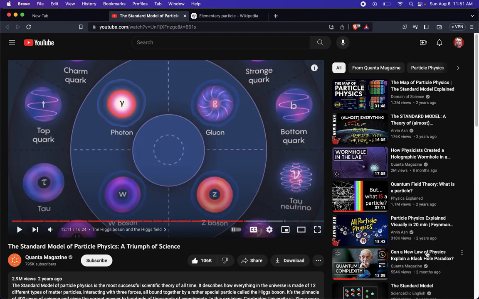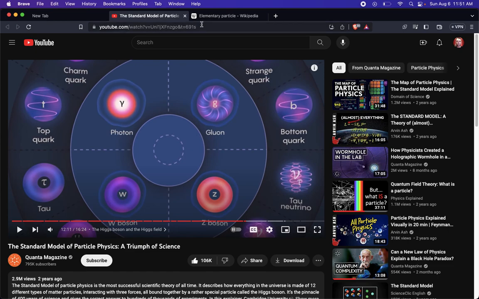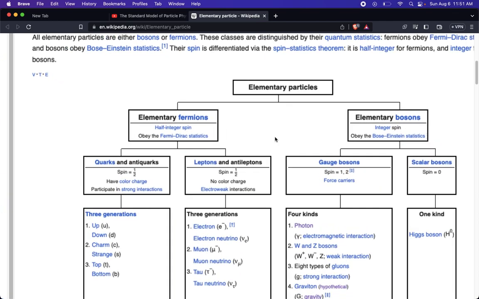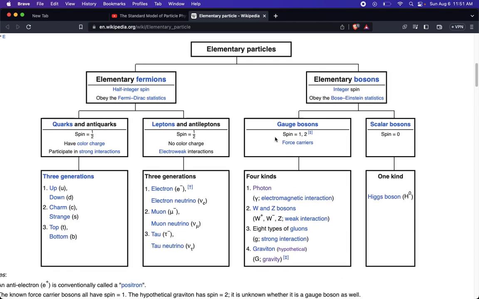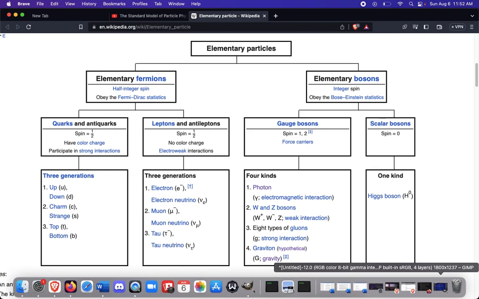So even though this is not exact, you could line these up at different fields rather than saying some are inside of others. And in doing so, you could understand more clearly why they have the particular nature that they have. So here we have a chart from Wikipedia, which means I can use it freely as I wish. So elementary particles, fermions and bosons.